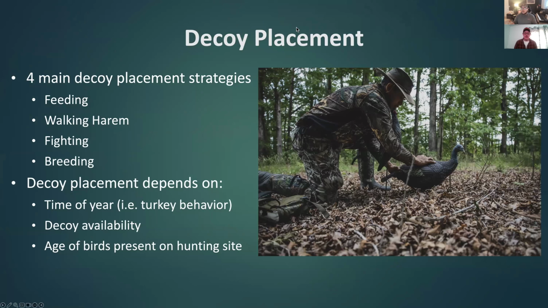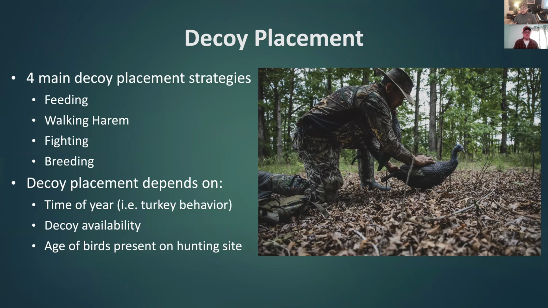Perfect. So again, we just wanted to breeze through those vocalizations so that we use these terms as we go through some of these different strategies, and we're all thinking the same thing. Now we're going to transition a little bit to decoy placement. There are several different strategies that we're going to talk about today, show some examples, and illustrate how we would personally use them.